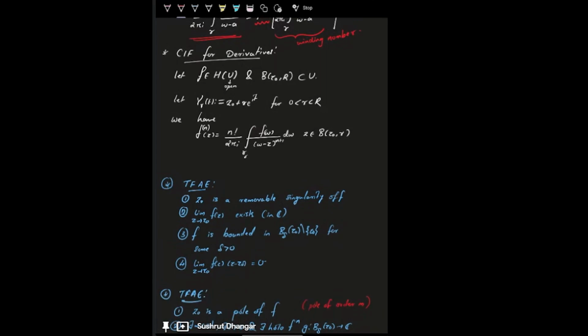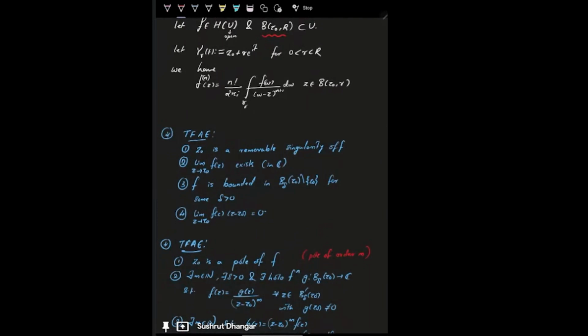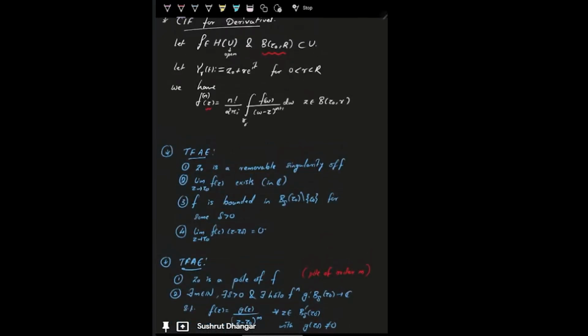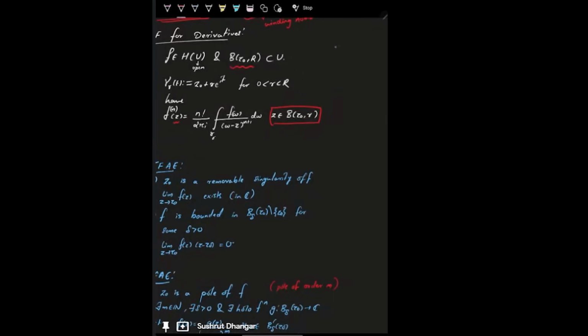U is an open star-shaped set, and suppose we have a neighborhood of Z naught, a disk B around Z naught of radius R completely inside U, and suppose we have a circular closed path of radius lying between 0 and R about Z naught inside this ball, right? So the nth derivative of F at any point Z inside this ball. So suppose this is our point Z naught and this is capital R. Now I'm taking a gamma path of radius small r, and inside this region, if I take any point Z,